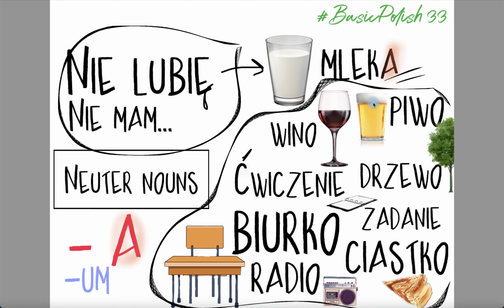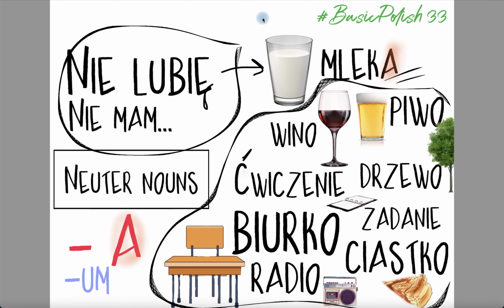So what we are doing, we are looking at all those words here, and we are replacing the last letter, o or e, and we are changing it into a. And doing so will change that nominative, that basic word, into a genitive form. So an example is over here. You can see that mleka is the word mleko in genitive. So I already have done something to it. I put this word into genitive.